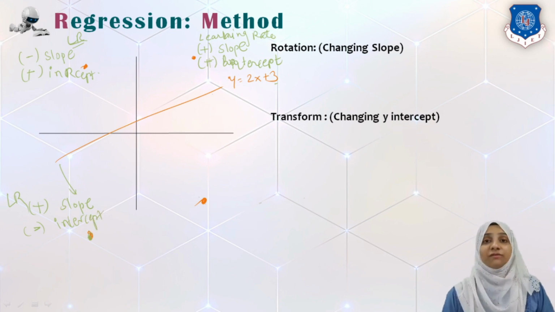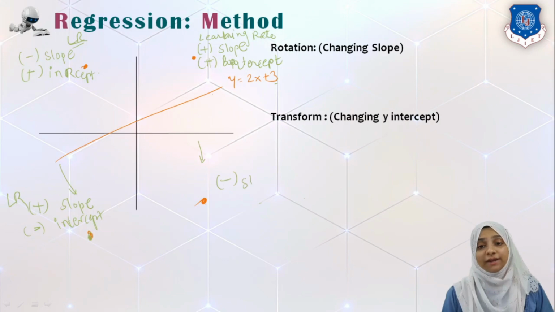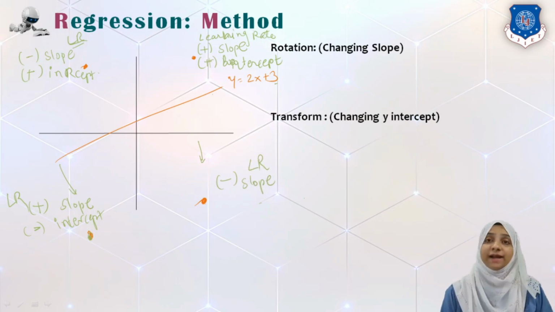Okay, so while working with a fourth quadrant point, if we have to take this line, we have to rotate it anti-clockwise. So we have to take the negative of slope at what rate? That rate is nothing but the learning rate. And at this time, we have to take our line more towards the downside. That means we also need to take negative, or we have to decrement our y-intercept.